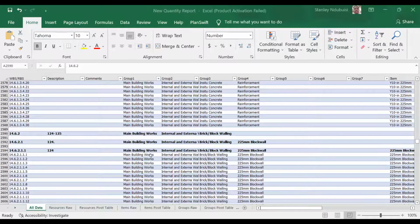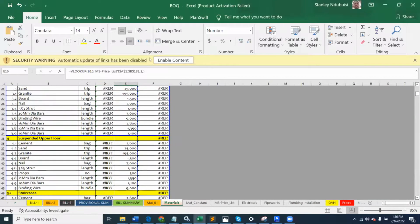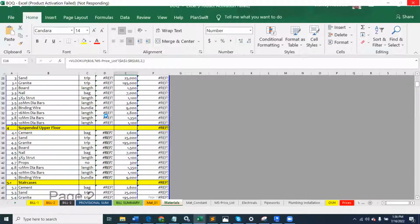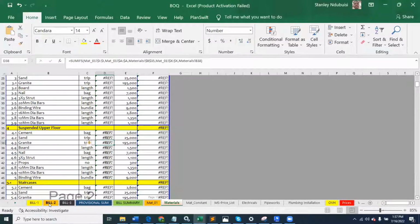So if you look here, you'll see my bill of quantity. I have a lot of errors. Everywhere it's telling me error, error, error, error, error, error, error, error. It cannot find the quantities because it's looking to connect and get the quantities from the file, but the file is not where it's supposed to be. Because when I come under my B1, well, let's wait for it to refresh. When I come under my B1,